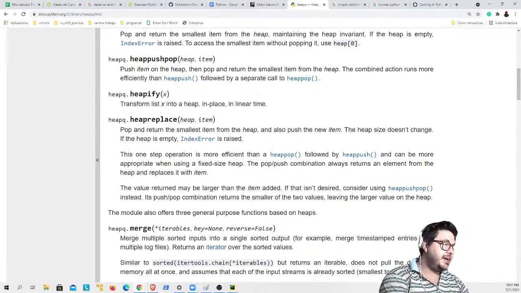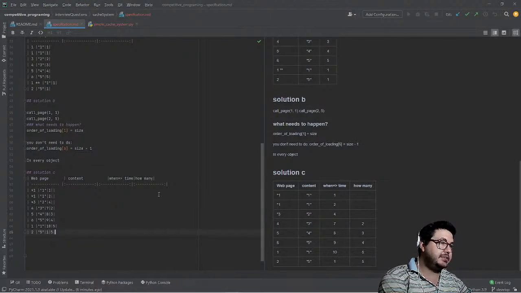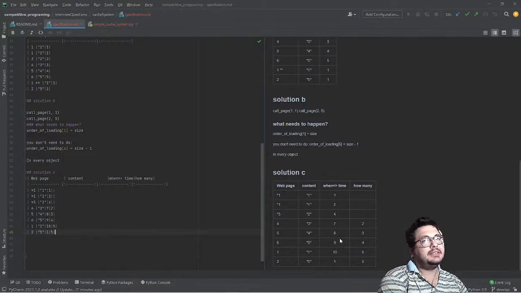I keep these times sorted, but I cannot find the web page. I only sort by time. In the heap that has the times, accessing the web page is linear.